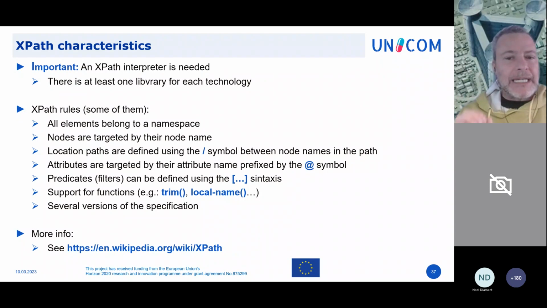And then if you want to target an attribute, you will point to it using its name, but you must precede the name with an @ symbol.